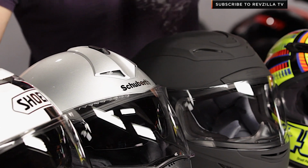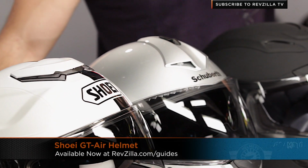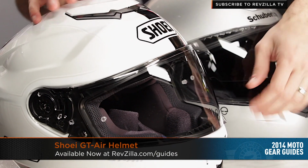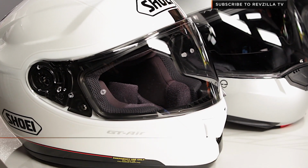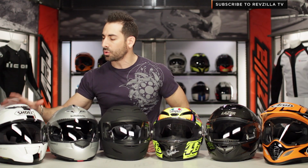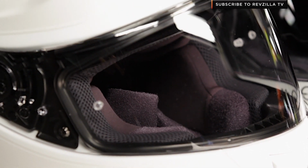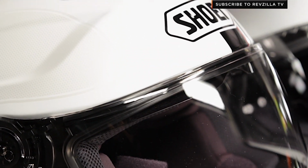And last but not least today here in our staple picks, this is my pick for sport and sport touring, a versatile helmet. This is the Shoei GT-Air, just under the $500 mark. Aggressive sport in its style, has a drop-down sun visor. It's DOT and ECE rated with a lot of the hardcore accoutrement you'd see come from Shoei. This could have just as easily been the RF-1200, but the GT-Air is a different flavor, has a different feel to it. It's not necessarily a track day helmet, but you can also get that transitions lens